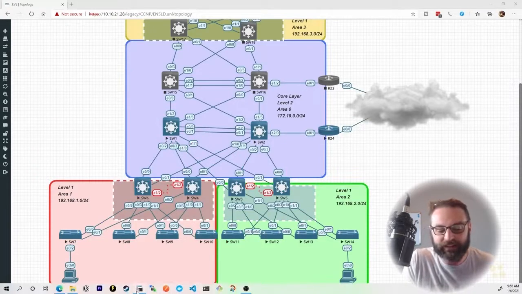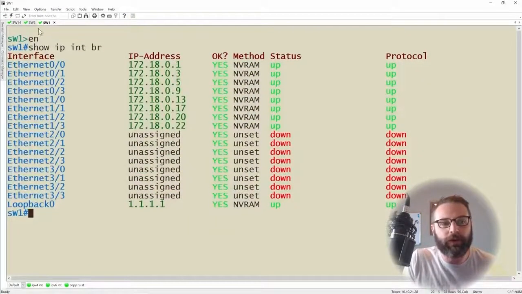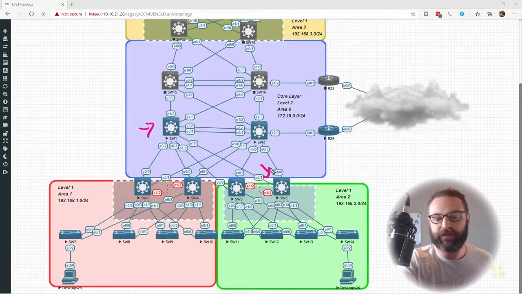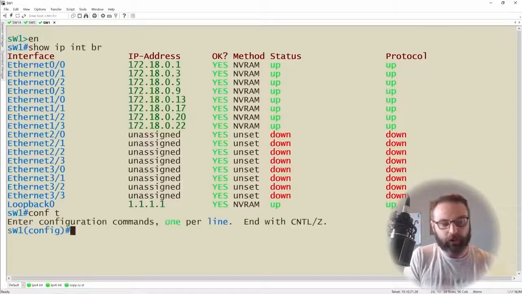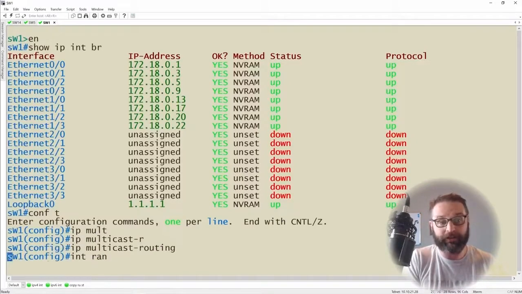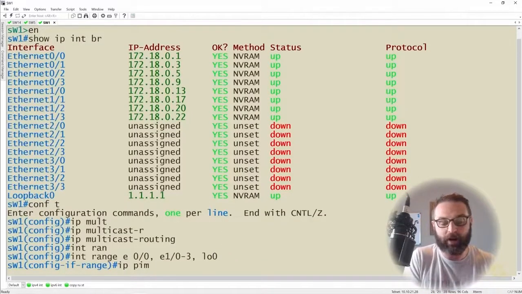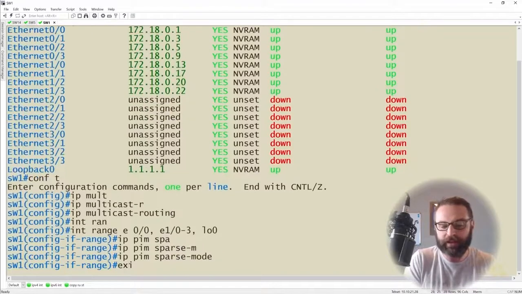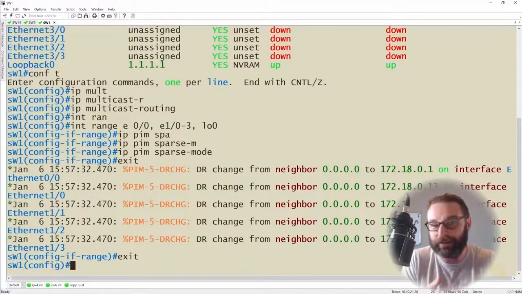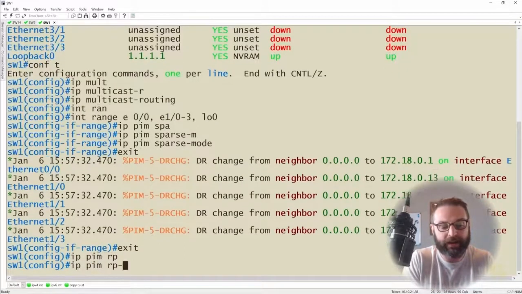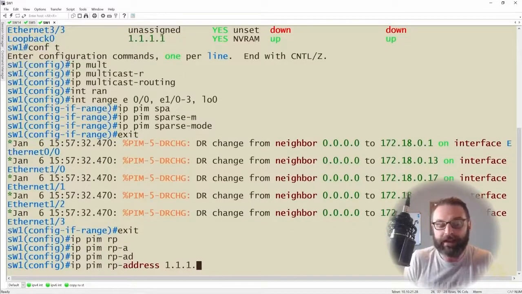But with that being said, it is nice to see these things in action, isn't it? So I've got the terminals of switch 1, switch 5, and switch 14 brought up. What I'll do very quickly on switch 1 is enable IP multicast routing, and then on all the interfaces, I'll create my interface range, and then I'll also throw in loopback 0, and enable IP PIM sparse mode. But then I'm going to take it a step further, and I'm going to tell this device, you are the rendezvous point. So I'll say IP PIM RP address, and say that the RP address is my loopback address of